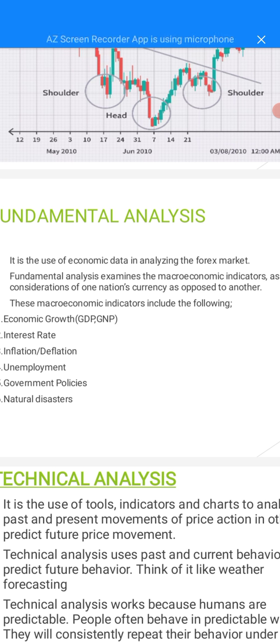But when the Russia-Ukraine war started, you know, Russia is a major gold producing country. So when the war started, it impacted negatively on the trend of the movement of gold in the market,